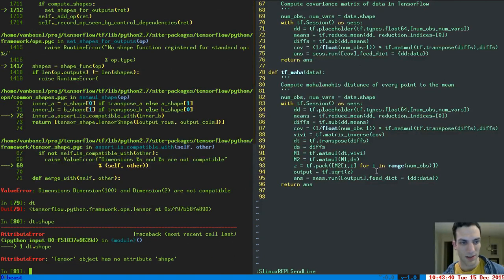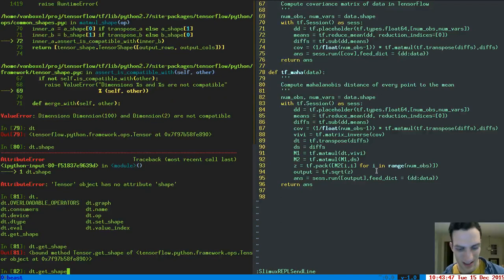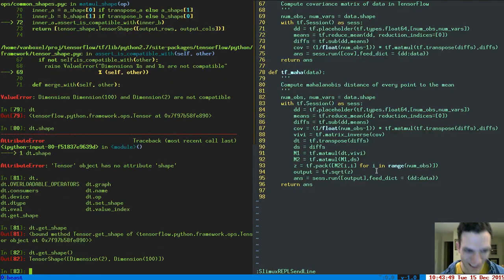Tensor object has no attribute shape. Didn't think that was true. DT.getShape, naturally. Get shape, like that. There we go. Okay, I have 2 rows and 100 columns. And VI dot get shape, of course,